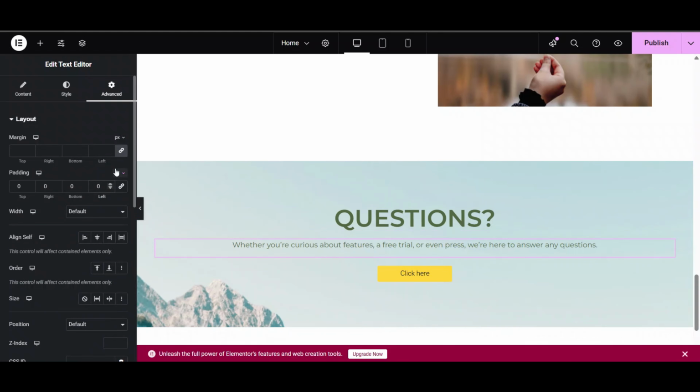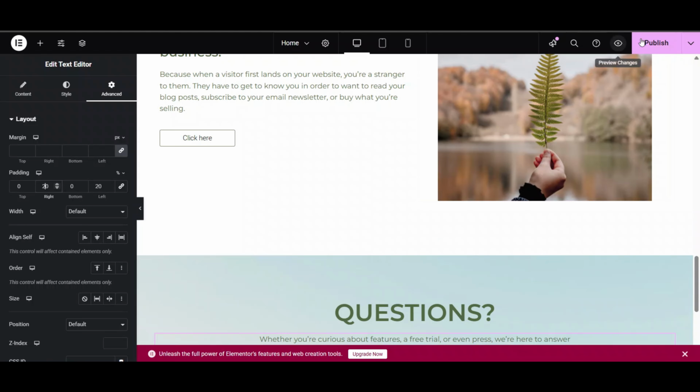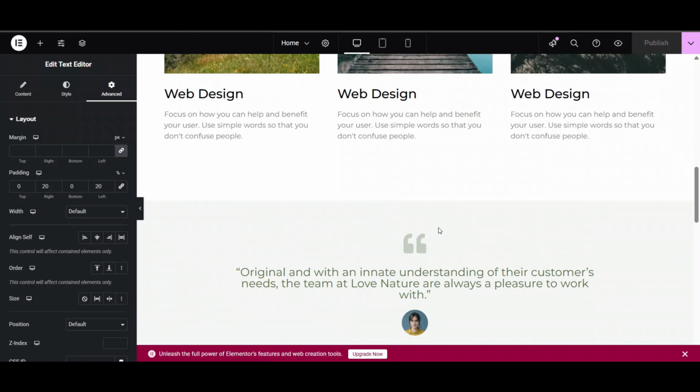I will add percentage left 20, right 20. Now it's center aligned. So we have created a very basic homepage layout.